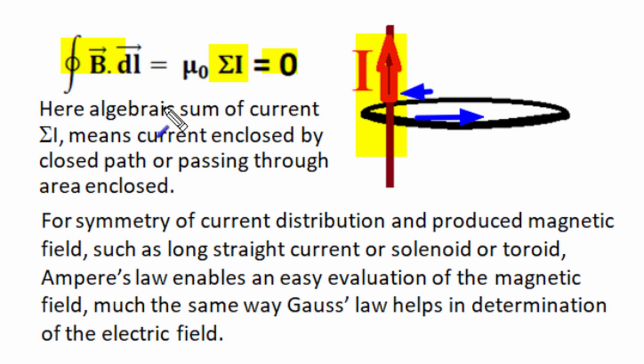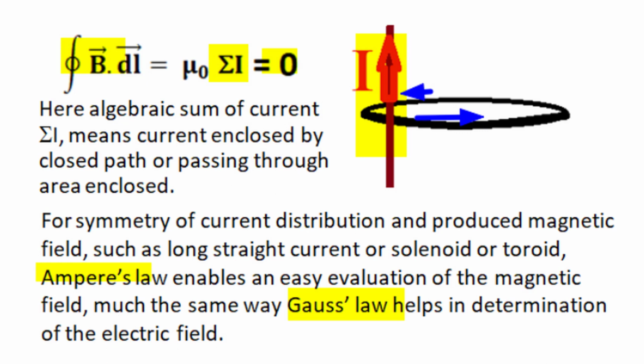So we have seen that Ampere's Circuital law interconnects the magnetic field with source current. If the current distribution is symmetrical and at steady positions, the magnetic field produced by the current has a certain symmetry, and then our calculations become quite convenient and easy. Such examples can be a long straight conductor, a solenoid, or a toroid. One should also appreciate that Ampere's law is quite equivalent to Gauss's law of electrostatics, and both produce easy evaluation